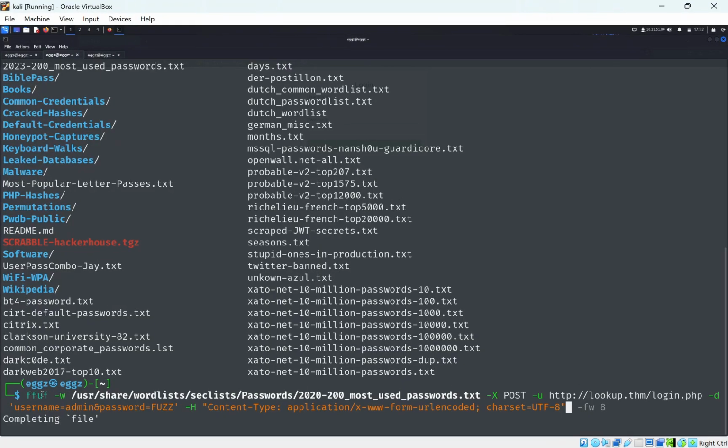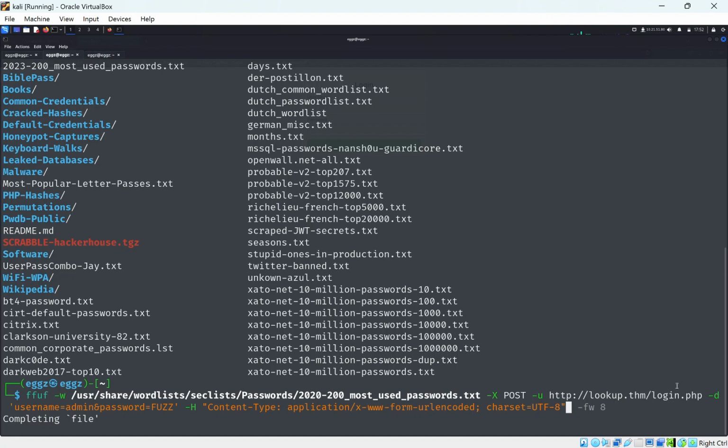Okay, I'll walk you through this command. So this is ffuf. We're going to try to fuzz a login form, and this is -w, the wordlist we're going to use, which is /usr/share/seclists. If you don't have SecLists, install it. You can get it on GitHub or through Kali Linux by doing sudo apt install. And we're using the 200 most used passwords, and we're going to use -X, that's the type of request to send. We're going to send a POST request, as we have a login form here. The content type is a form with UTF-8 encoding, and we have the URL here,